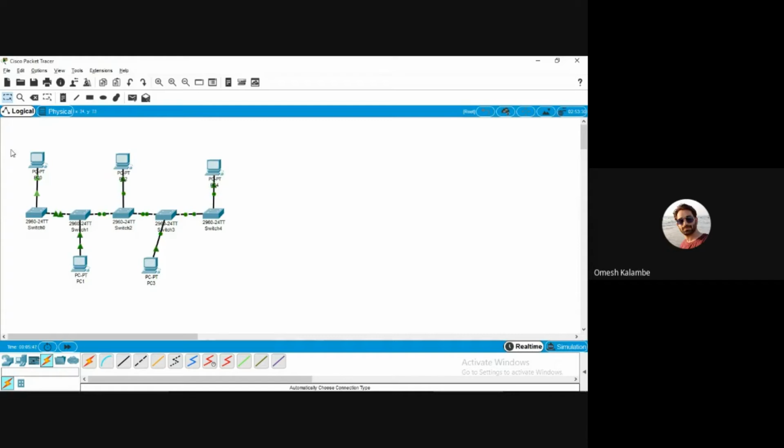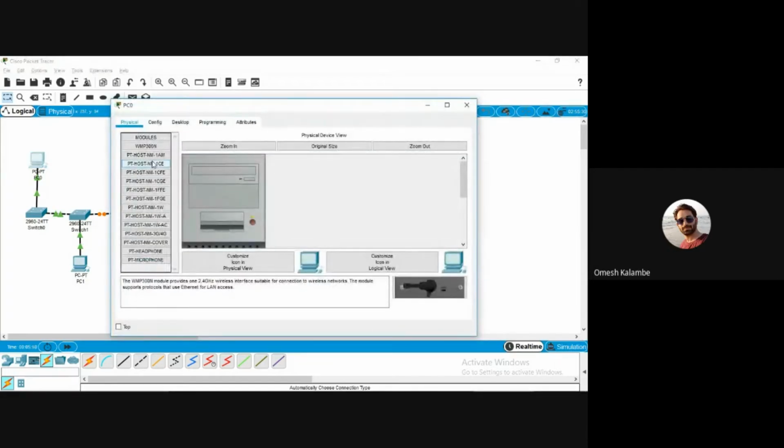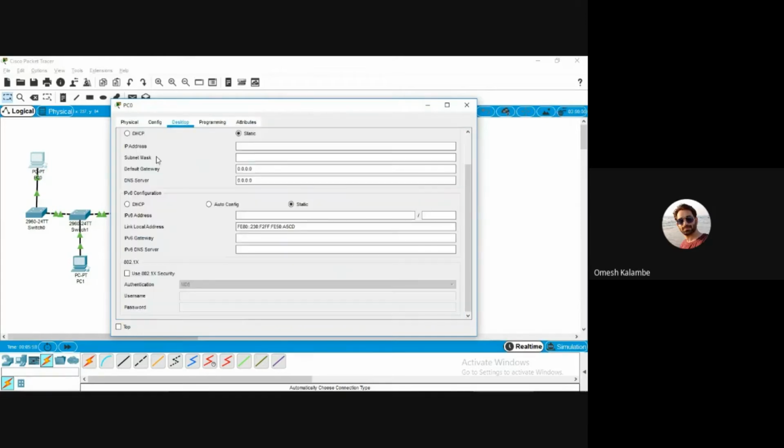Now we have to assign an IP address to PC0. Just click on it and we get the properties of PC0. Now go to the Desktop option. Here is the IP configuration. There are two types of configuration: one is DHCP and the second one is static. Just assign the static IP address 192.168.1.1.